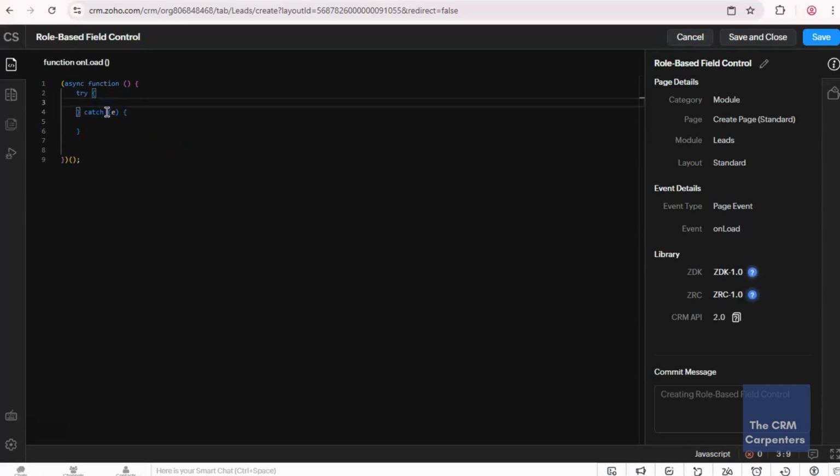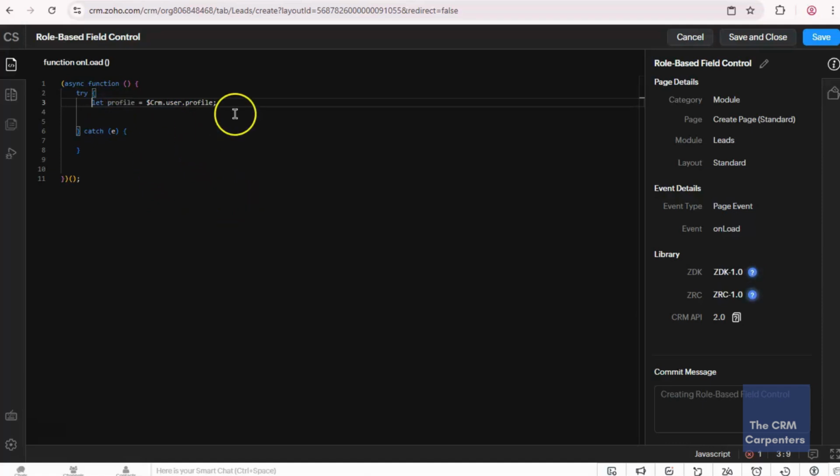After that, we will create a show message error here. But first, let's go ahead with each line. In line 1, we will set the profile as the crm.user profile. We will wrap everything in a self-executing async function so it runs immediately on page load.